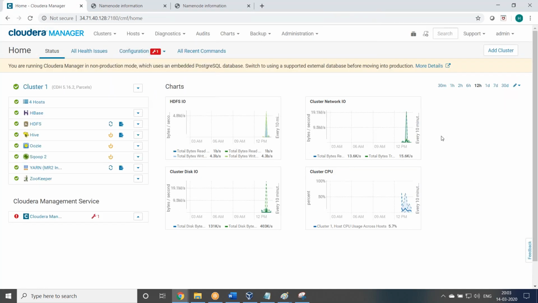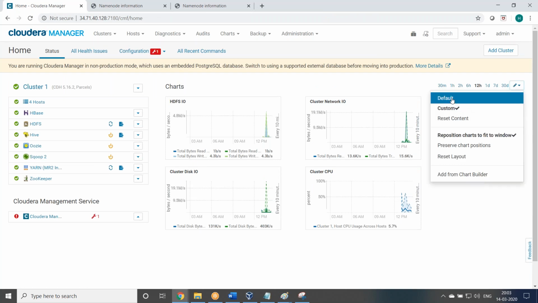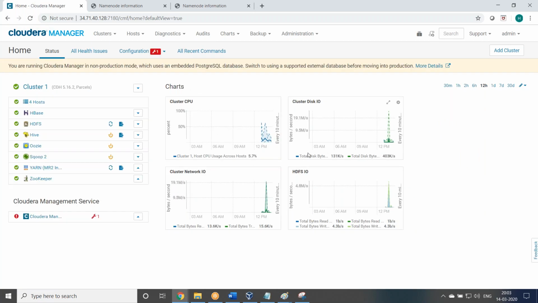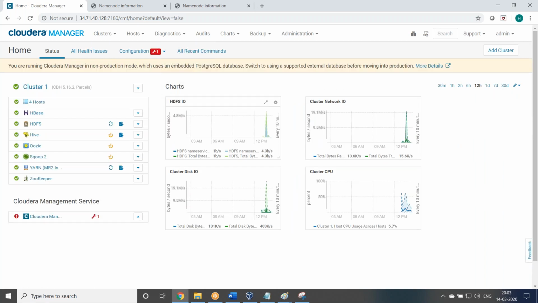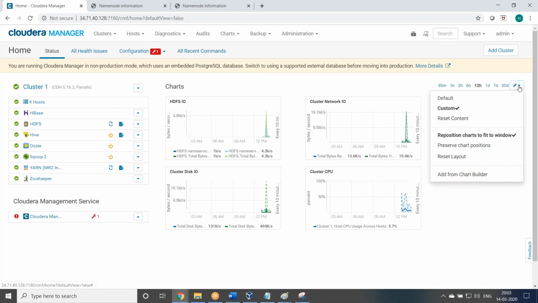If you're creating a dashboard chart outside, then you can add it. Custom, okay. This is default. Custom, there may be an option. We can directly add whatever dashboard we created here. But I did not find exactly where to add it. All the options are here. Preserve, reset layout, add from chart builder.